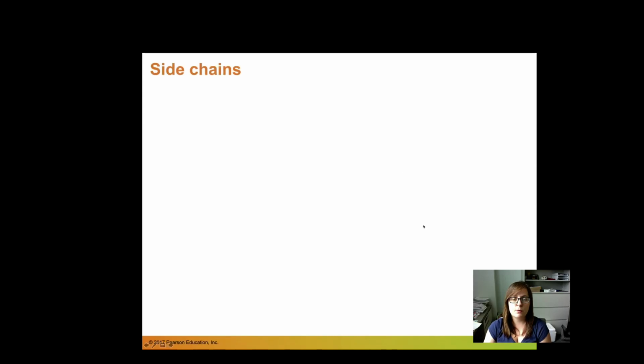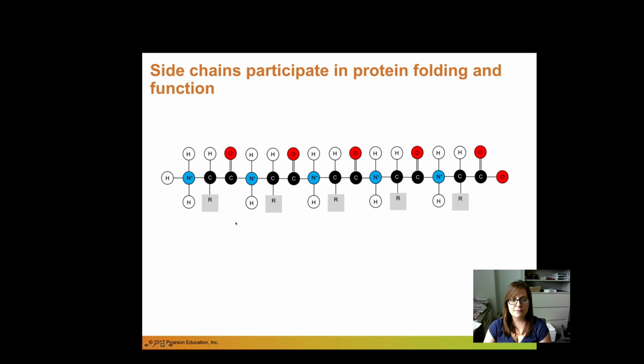So in this video, I'm going to talk about amino acid side chains. So here's the amino acid we were looking at in the last video, right? And so we have one amino acid here, 2, 3, 4, 5. And off of the central carbon, we have these R groups. And we really didn't talk about those R groups in much detail in the last video, but they're very important